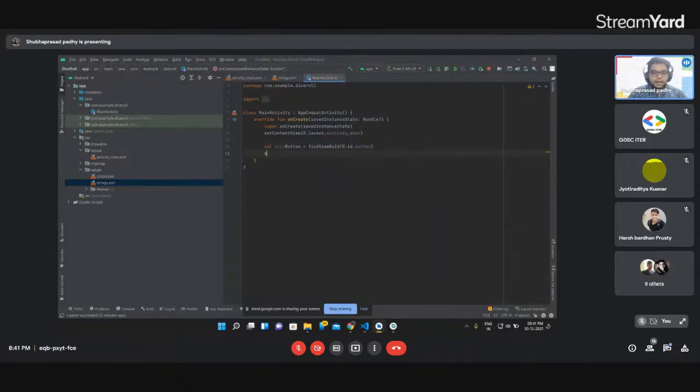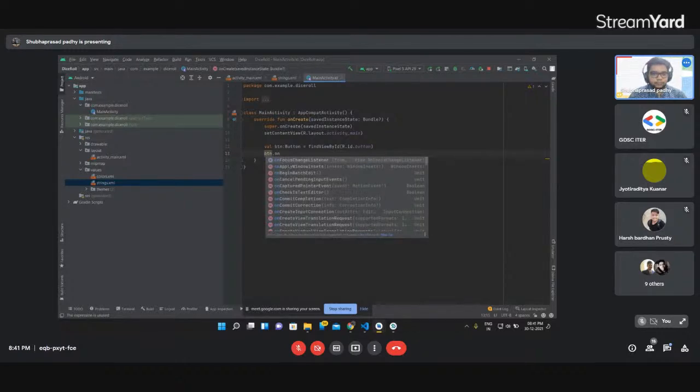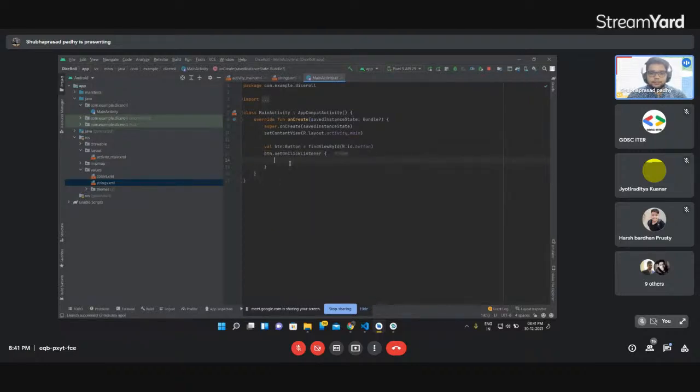So how we define what happens on click is very similar to web also. You just need to write set on click listener, and inside these curly braces, whatever you write would happen whenever this button is clicked. For the time being, let's just say button clicked. Let's just call a function. You can use alt enter to autocomplete the function declaration, and it will declare it for you. And inside this, for the time being,